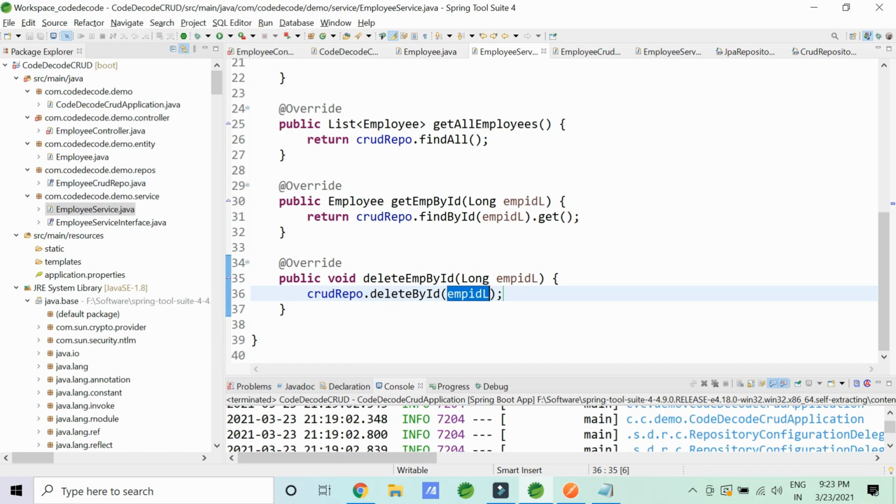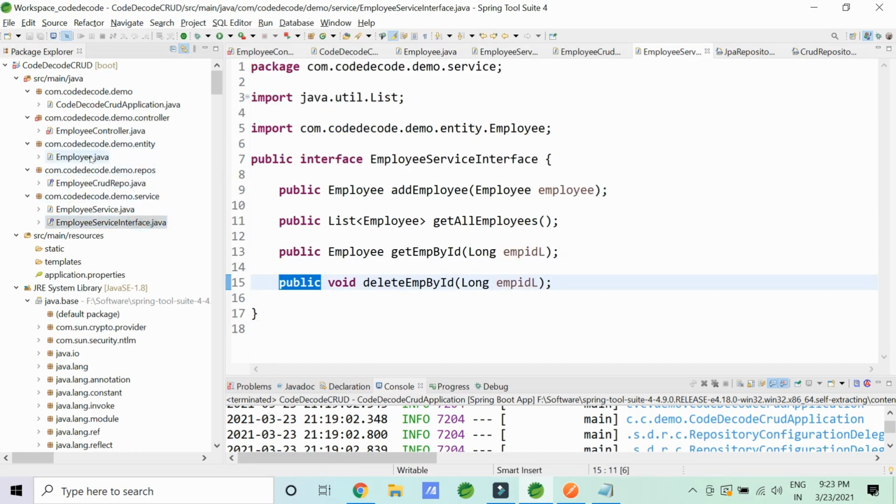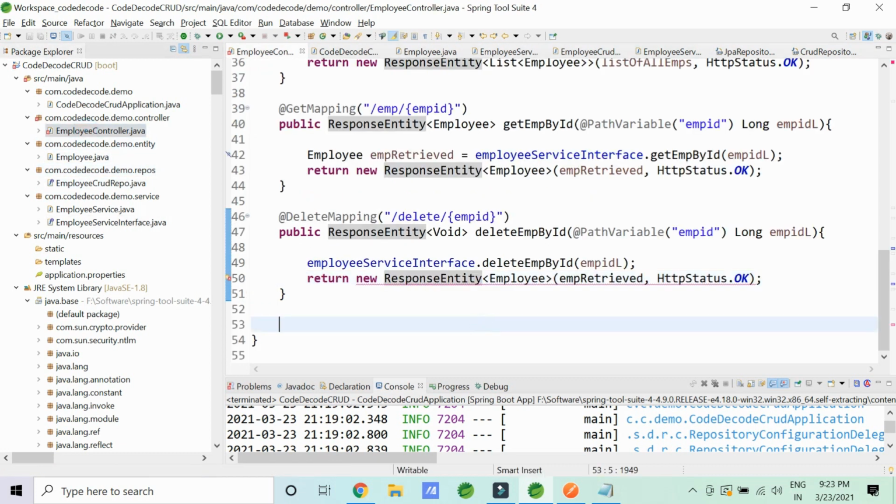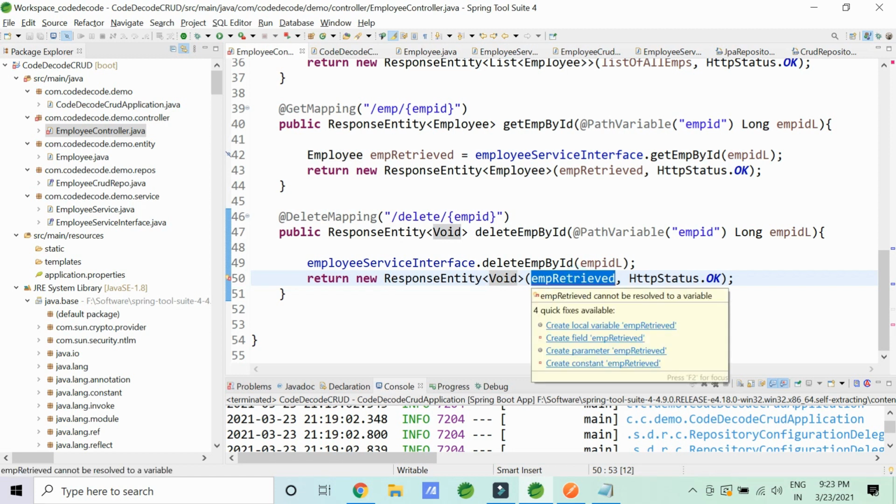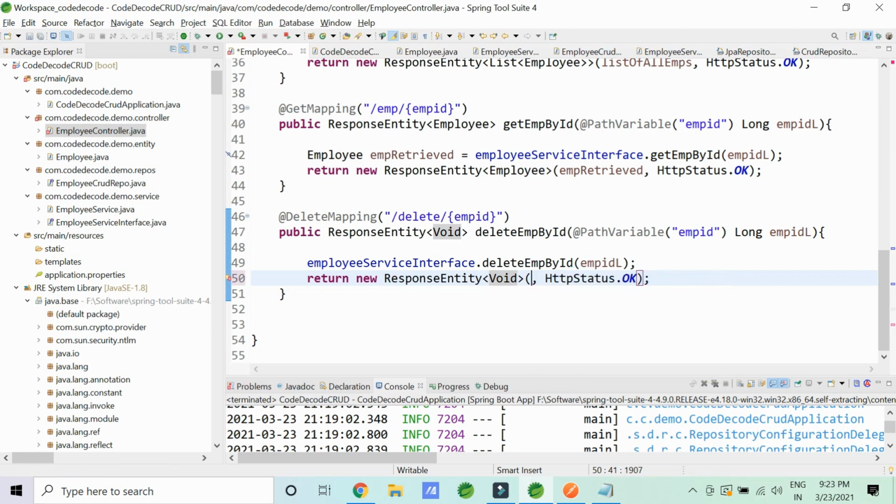If my service implementation is completed, my service interface is completed, the repository does not need anything, and the controller is actually not returning me anything. Any return type is void. So my return type is going to be void and nothing is going into this particular thing. So I'm just going to delete it and the response will also be changed. It will say that okay, your request is accepted by me, and since your request is accepted by me, I'm going to delete your record.